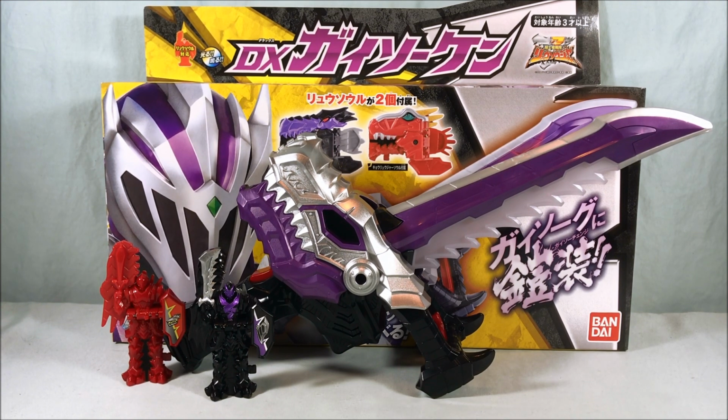I know a lot of people would probably be worried that because it's kind of the same toy as the Ryusoulgen, maybe it would have very similar sounds, but I would say it doesn't. Now, it probably doesn't have as many unique sounds as the Ryusoulgen does, but at least it has interesting new sounds. It reads pretty much all of the Ryusouls. Might not have a necessarily different attack sound for each, but it can at least say their names for like 90% of them. Like I said, it seems that the ones that were kind of special promotional ones or came